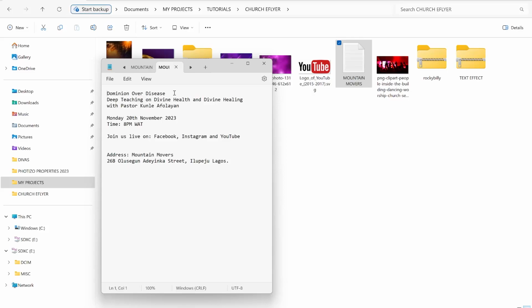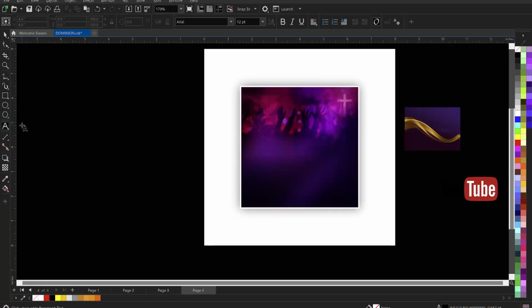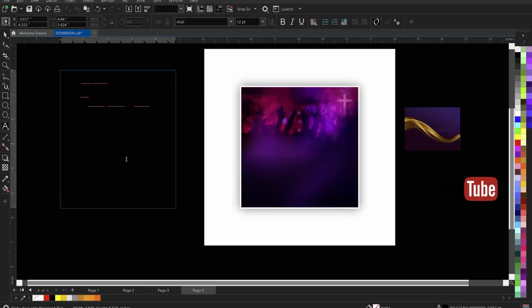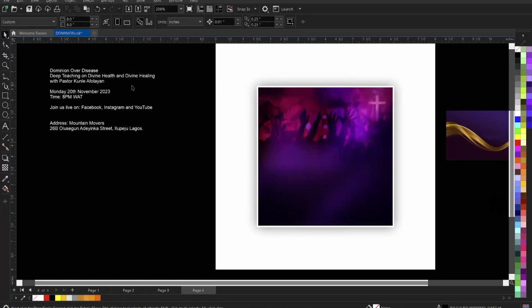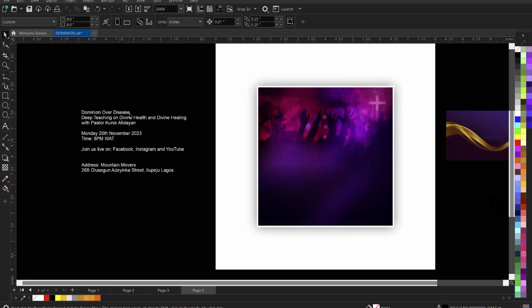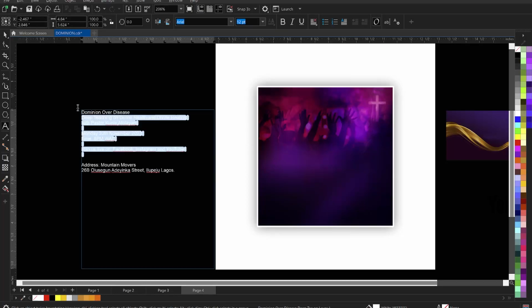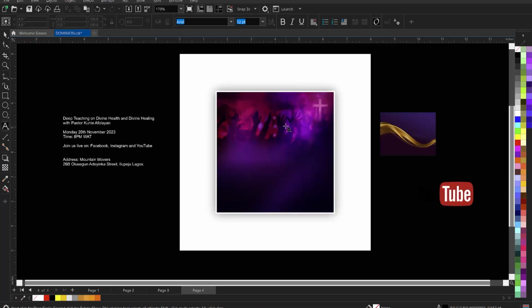right? Then we start by, we'll copy all of them, we'll copy it, and then come to our workspace, and then draw a text box, and then paste it inside. When you paste it, you align it and give it color white so that you see it, right? So now that we have our text ready, so we are good to go. So we are going to copy this guy here, Dominion over disease. Copy like this and bring it outside like this, right? Copy it and bring it outside,